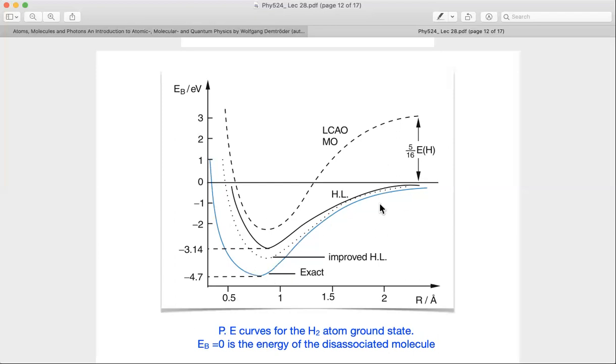So this is basically the big picture of whatever we did in today's lecture. The main point is that even if you do crude approximations, even if I had just done this LCAO, I would still have got the stability basin of the molecule. I would have realized the physics of the molecule qualitatively: that I'll get a molecule, a bound state, a dissociation energy, and this R naught, the equilibrium distance. And that still is fantastic. Once I have that understanding, I can keep going and improve my approximations. Okay, so that was one slide.